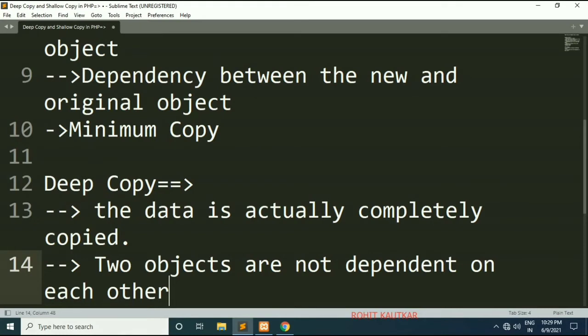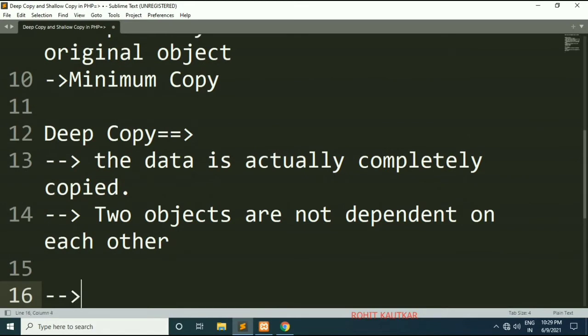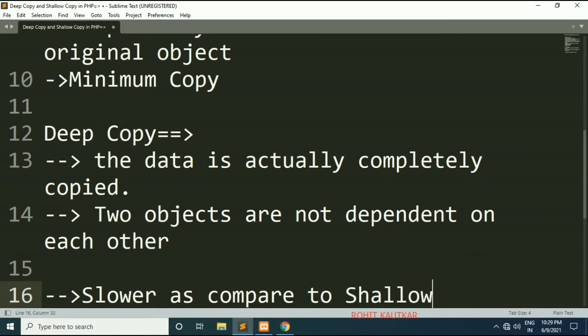But if you compare the process, deep copy is a little bit slower as compared to shallow copy. So basically deep copy duplicates everything. A deep copy means that the fields are basically dereferenced.